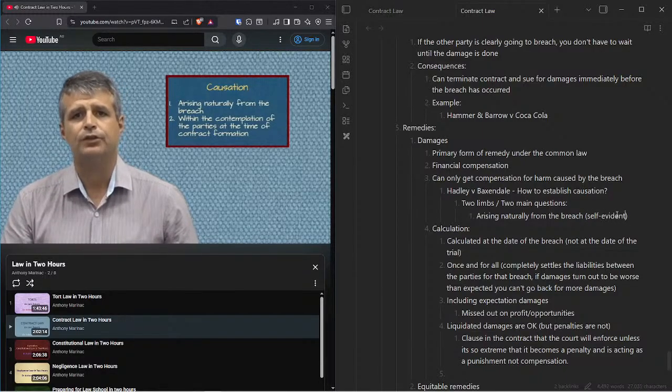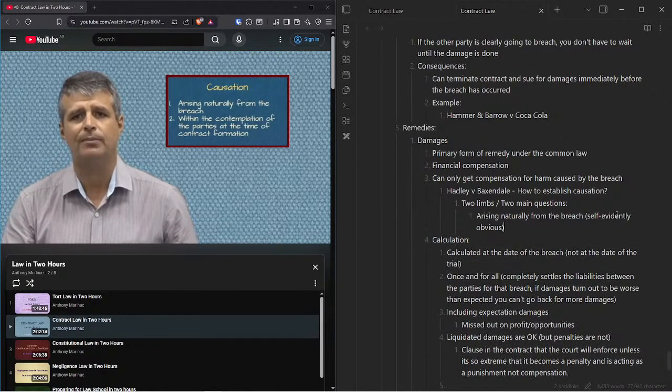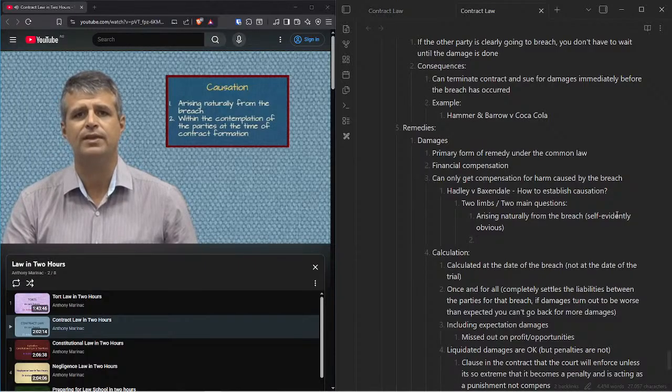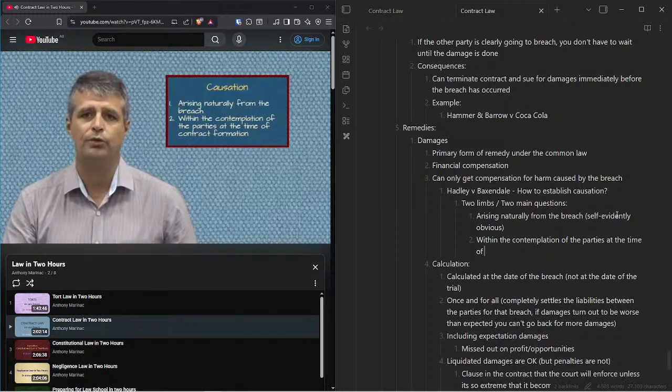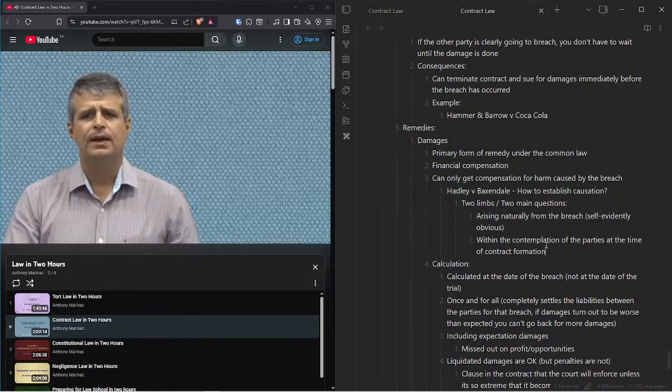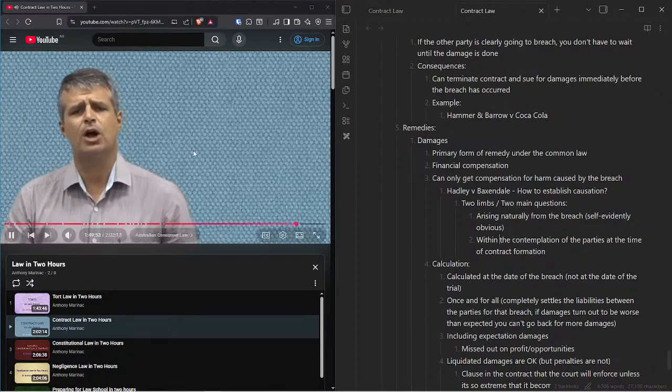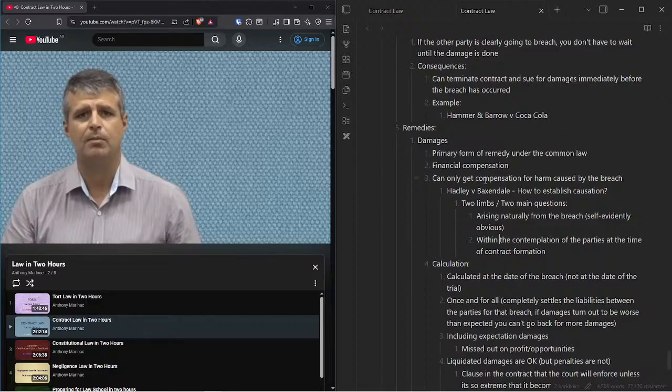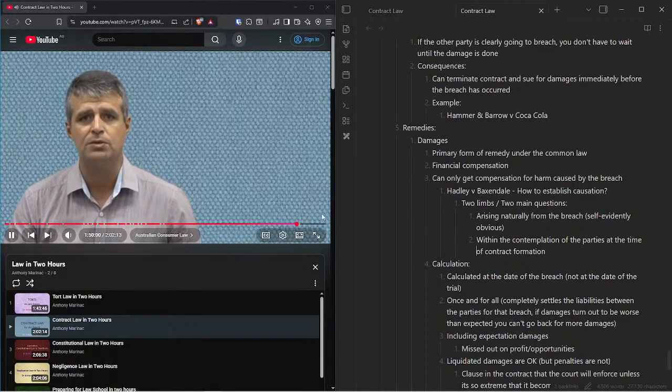Second, it asks whether the harm is a type of harm which was reasonably within the contemplation of the parties at the time of the contract. And if it was, well then the harm can be considered to have been caused by the breach. Let me give you an example. Let's say I had received a letter from my local council telling me that my lawn required work and that if I didn't have it mowed by the 1st of June, well then I'd be fined under the bylaws.